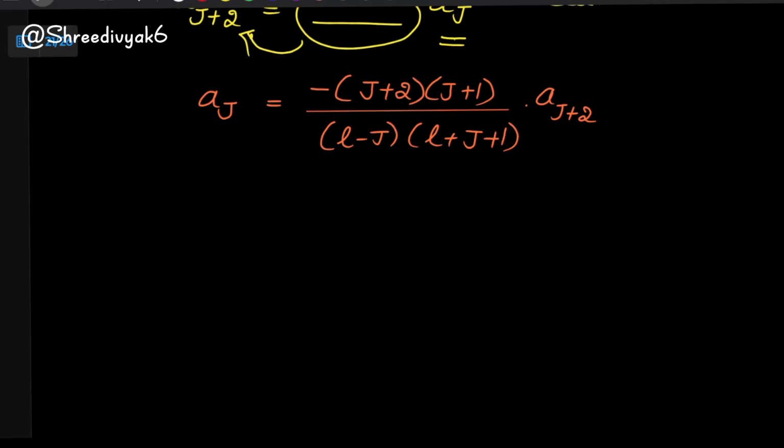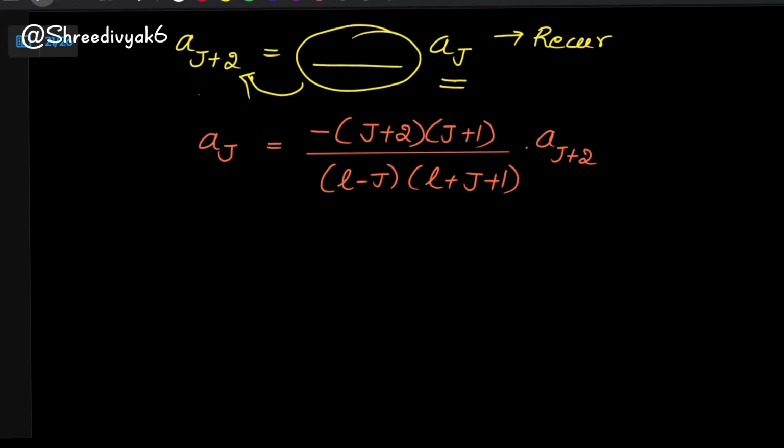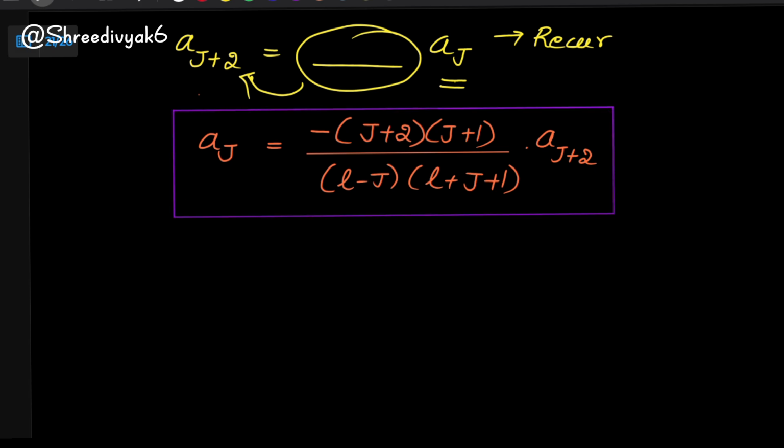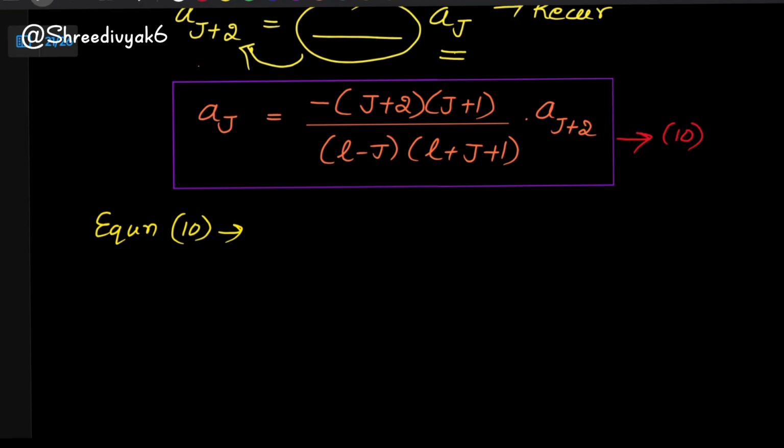Now, just by making some alteration to the recursion relation, I'm getting a new recursion relation, right? And this is the recursion relation, naming it as equation 10, right? Now equation 10 will give me the descending powers of x. The coefficients for the descending powers of x, this equation 10 is going to give to me. This is the recursion relation